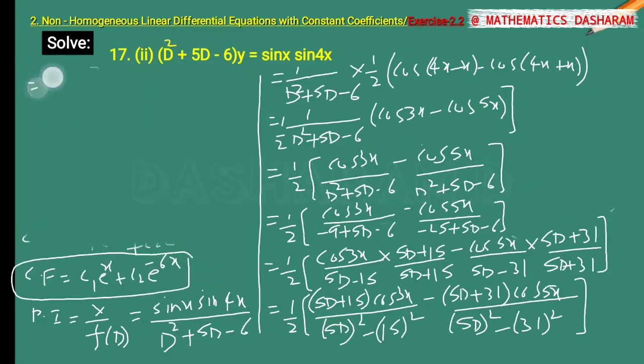Then it is equal to 1 by 2 bracket of, here 5D into cos 3x plus 15 into cos 3x, but D is nothing but derivative. So that is why 5 into cos 3x derivative, minus sin 3x into 3, plus 15 into cos 3x